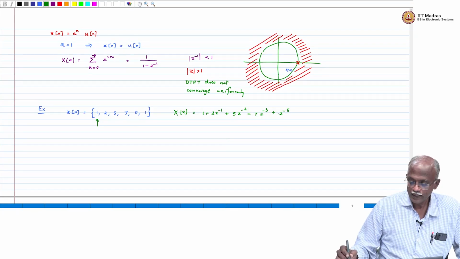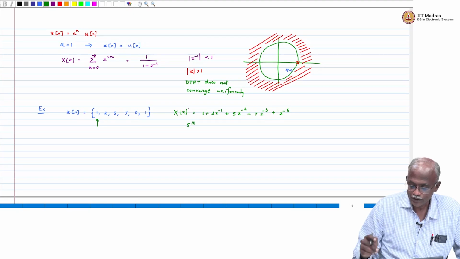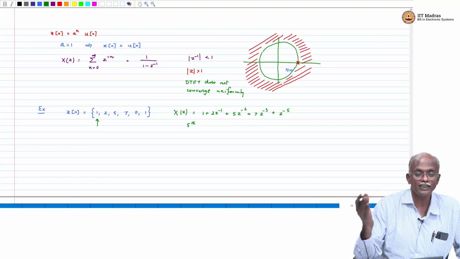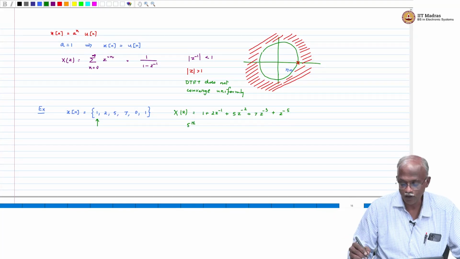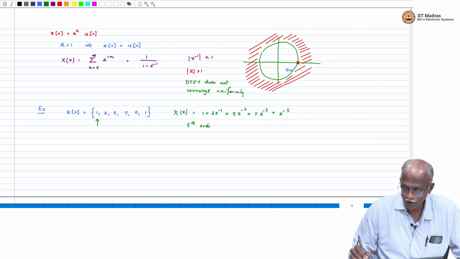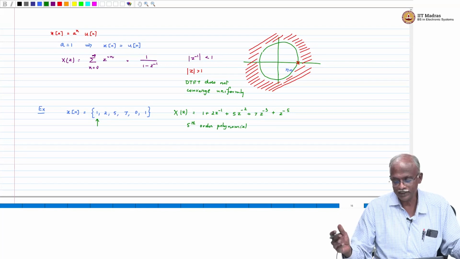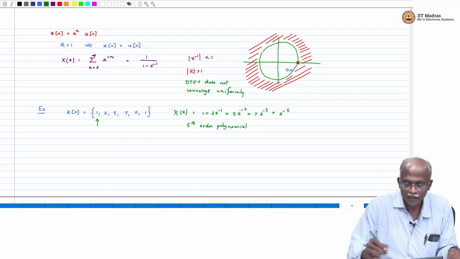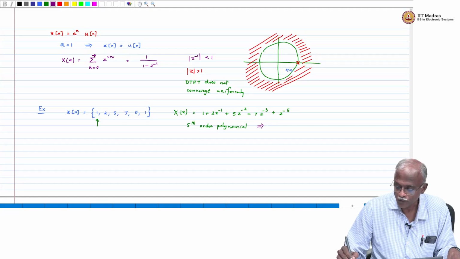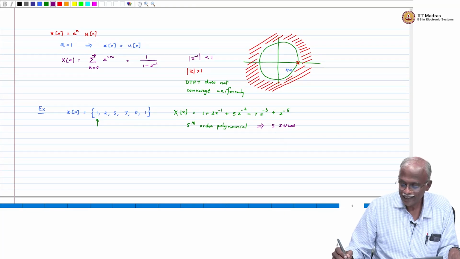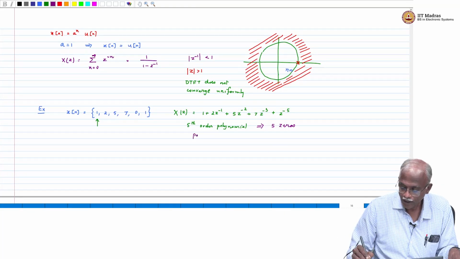Okay. This is a fifth order polynomial. So, finite length sequences will produce a Z transform which is a polynomial of a finite order. So, this is a fifth order polynomial. A polynomial of order 5 will have 5 zeros. So, this means that there will be 5 zeros. Now, the question that I would like you to answer is, are there any poles for this